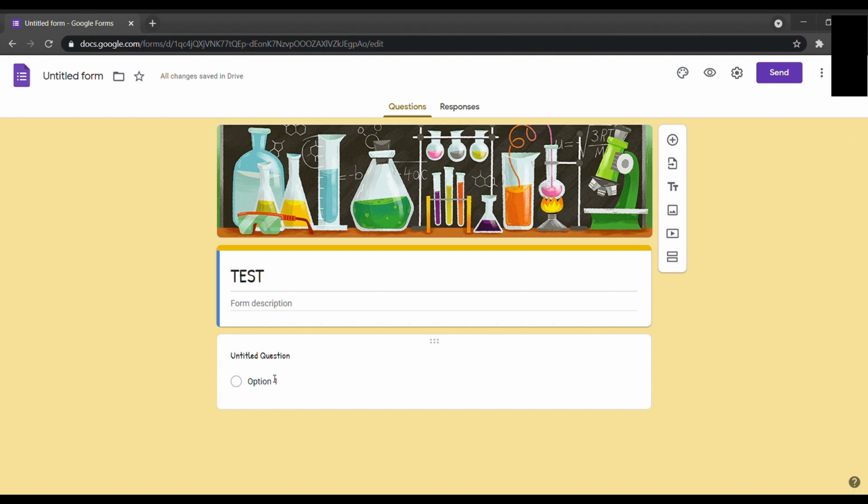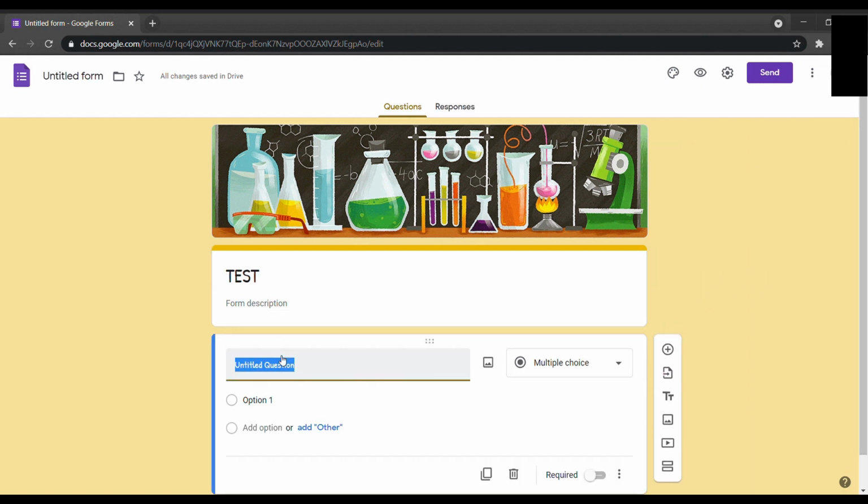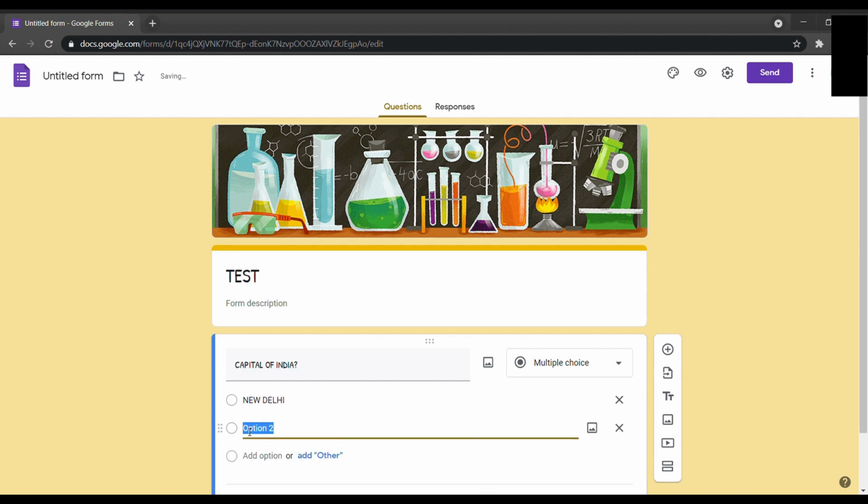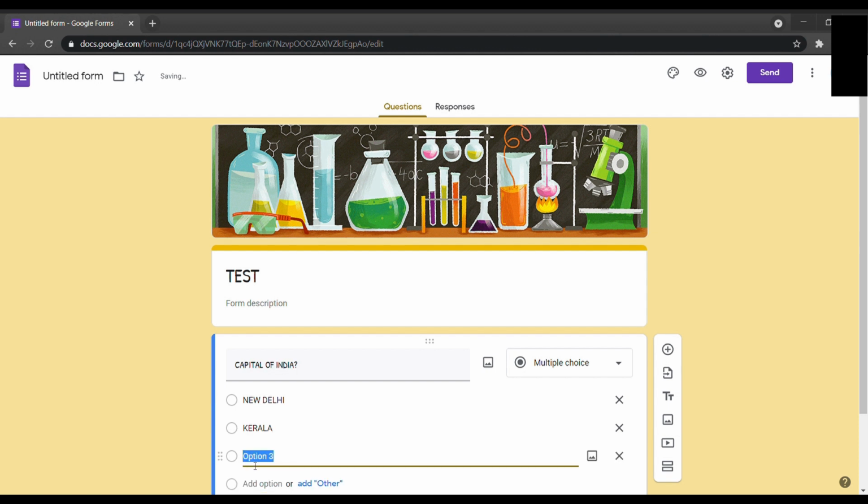So for this, when you'll open the quiz form, or we can say Google Forms, you'll find one option which is already there. You can just simply type in your question. Then there's an option, you'll type appropriate answers and options in it. Then you'll add option, click on it, 3rd option will automatically appear. Then you'll add in 3rd option, automatically 4th option will appear, which I'm adding Punjab and then Rajasthan.